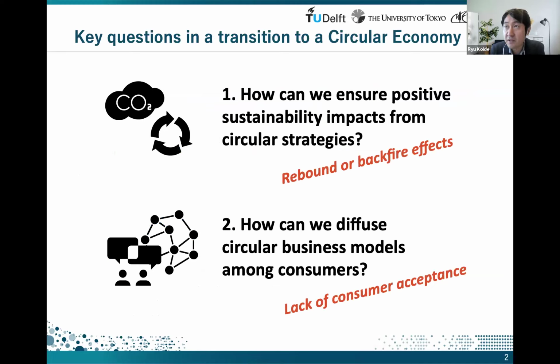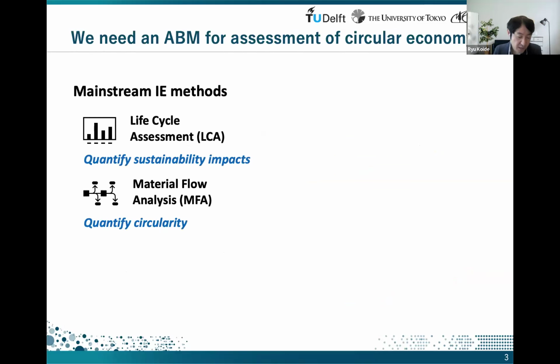So we could answer this question: how can we ensure positive sustainability impact from circular economy strategies? And also, we've been discussing so much about the lack of consumer acceptance, but there have been fewer studies on the consumer side of circular economy. So the second question is about how we can diffuse circular business models among consumers? And I would argue that to address these questions, we need agent-based modeling for the early phase assessment of